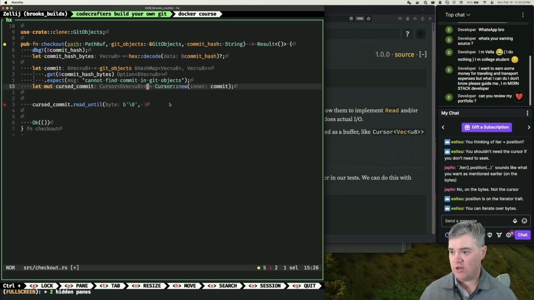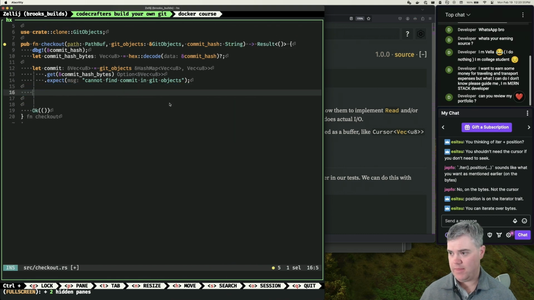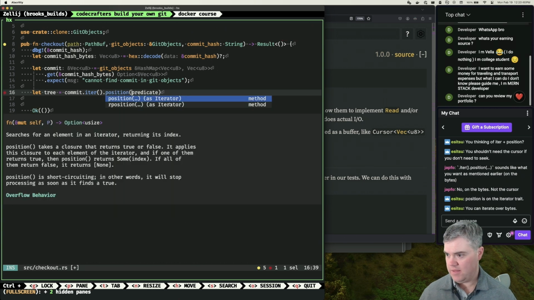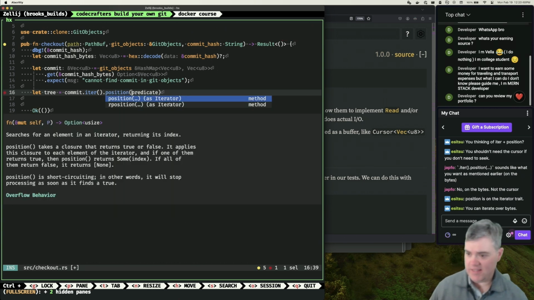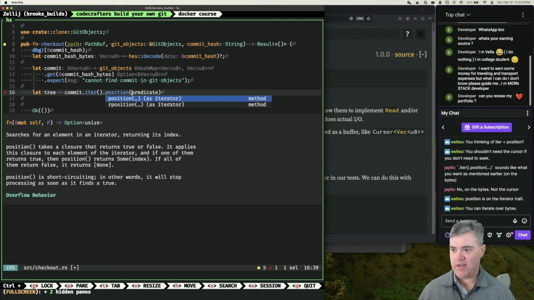Okay, so I don't need the cursor then, because I can get the position off of an iterator over a vector. Right? So I could do something like let tree equals commit iter. It searches for an element in the iterator returning its index. Oh, okay, so